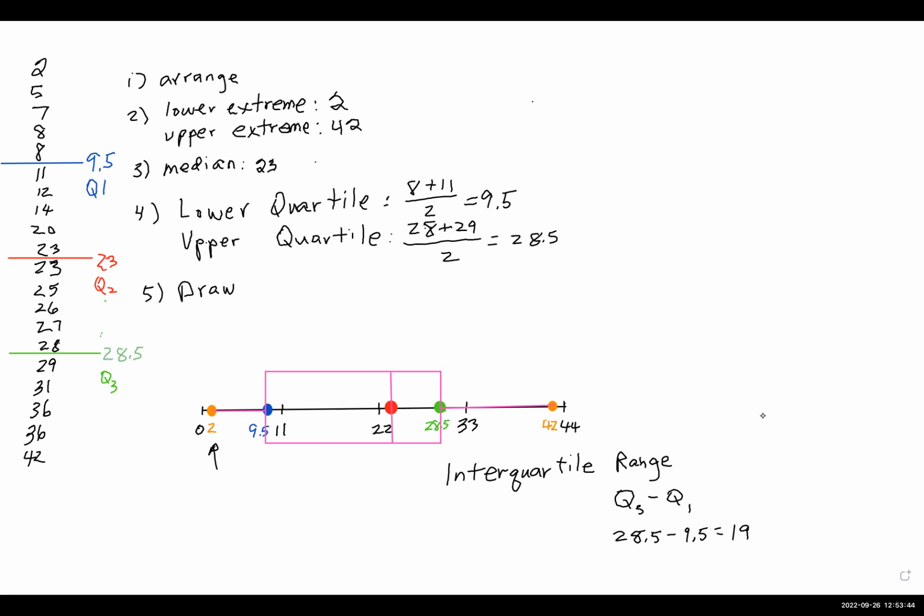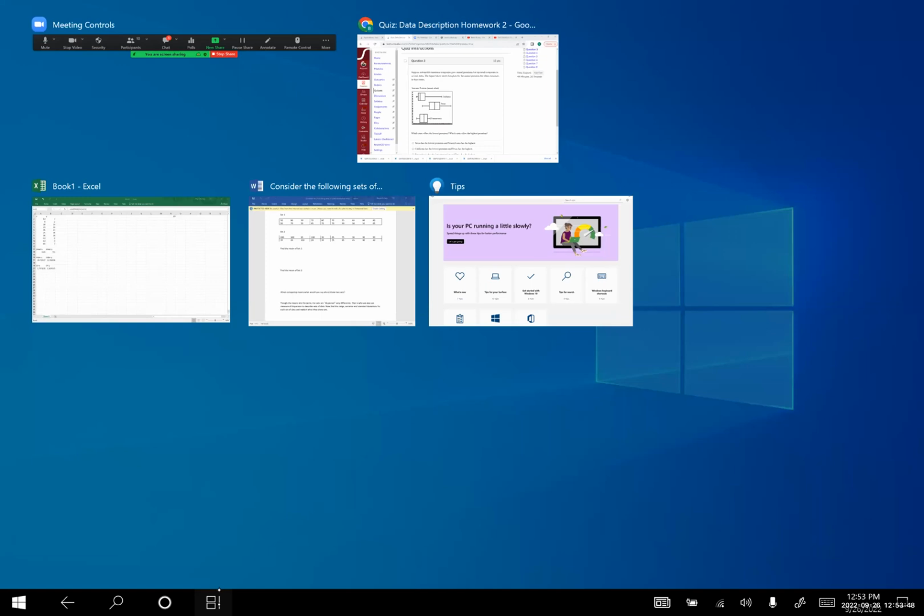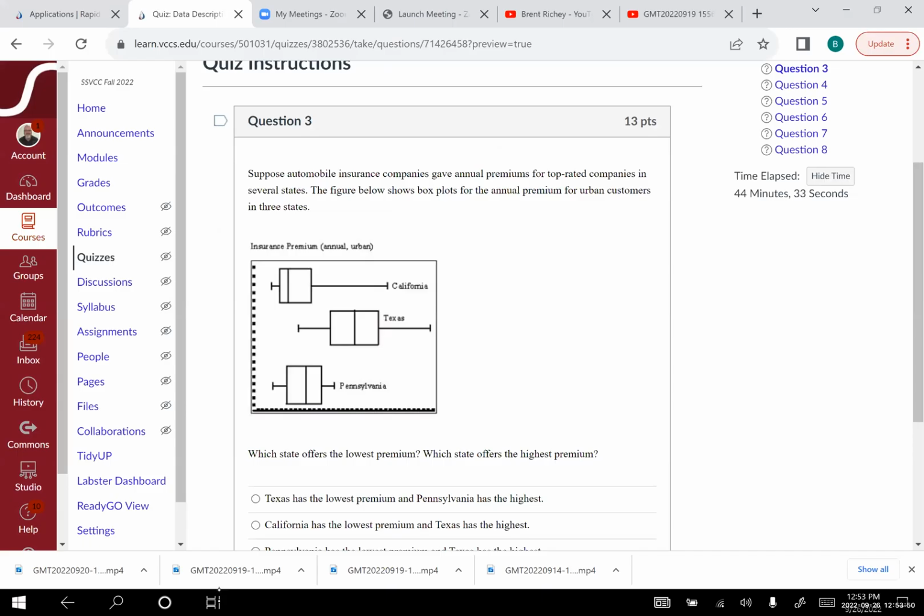Unfortunately, these knuckleheads made them so close together that you really have to be careful, because obviously it's between California and Pennsylvania, right? But it's hard to see on the left-hand side of that whisker which one of those goes more to the left. And that's what this is, me complaining. I told you I was going to complain.